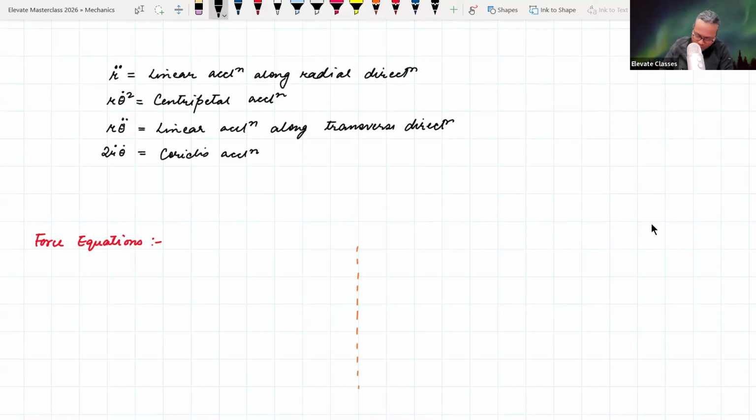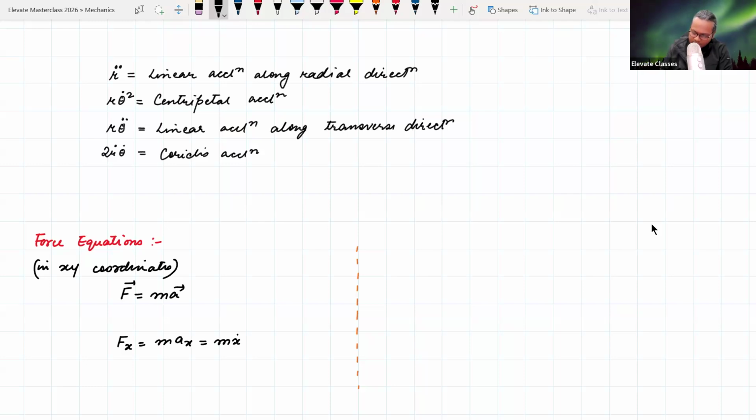So in xy coordinates, we have F is equal to ma. If I write it along the x-axis, we have Fx is equal to m x double dot, or let me write it as max, which is equal to m x double dot, and Fy is equal to may, which is equal to m y double dot. But in polar coordinates,